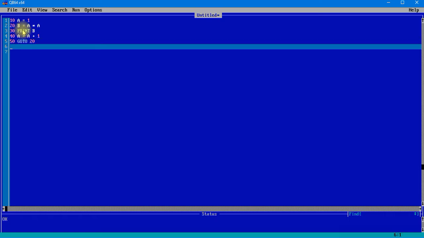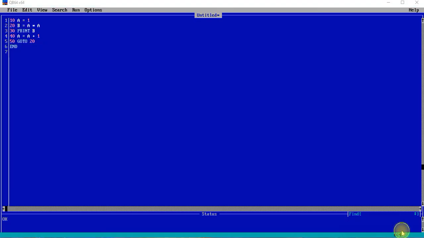20. And we have to be very careful while running this kind of program. As you can see, this program is never going to end. Once it reaches line number 50, it will jump back to 20, again it will jump back to 20. So this kind of program is called an infinite loop, and we must be careful about using infinite loops, because they tend to crash programs. But still I will show you what is happening over here.